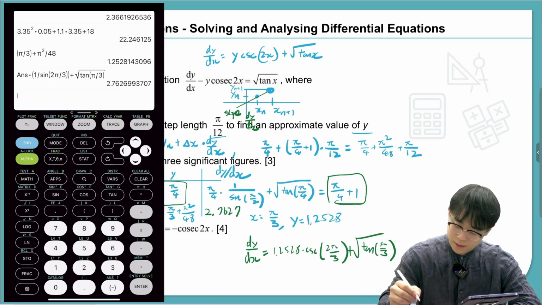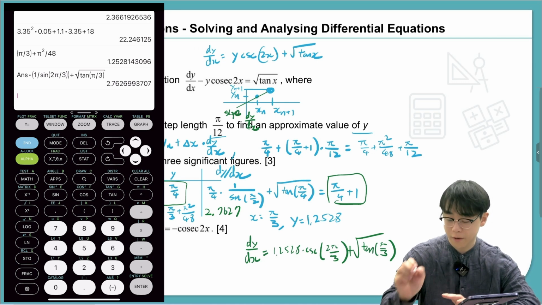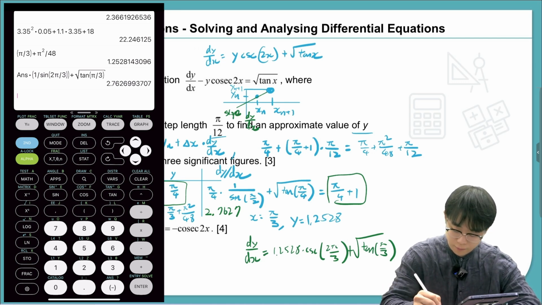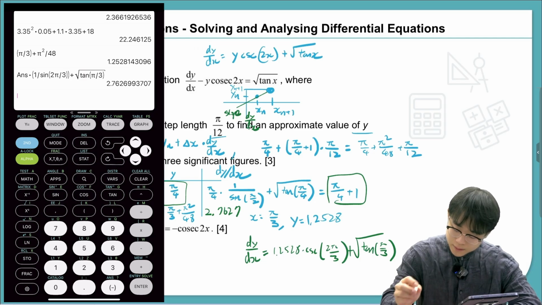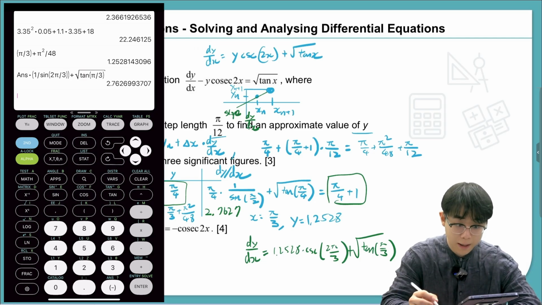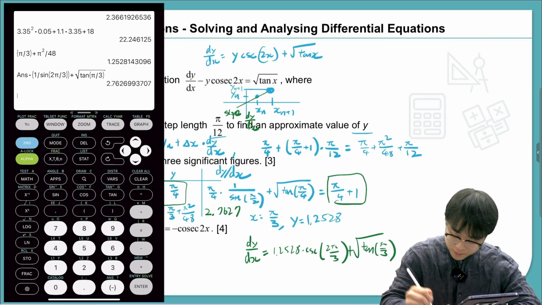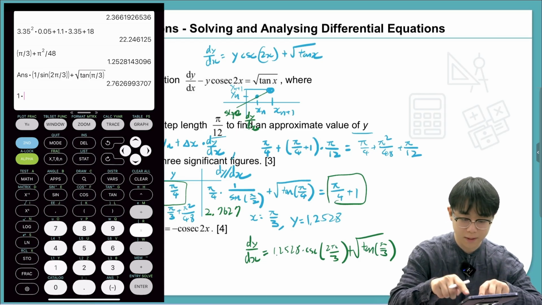So what you want to do is, when x is 5 pi over 12, we want to get our new value of y. So we would have pi over 3 plus pi squared over 48, which was 1.2528, plus pi over 12, that's the step size, times the new slope, 2.7627. So the new y is going to be